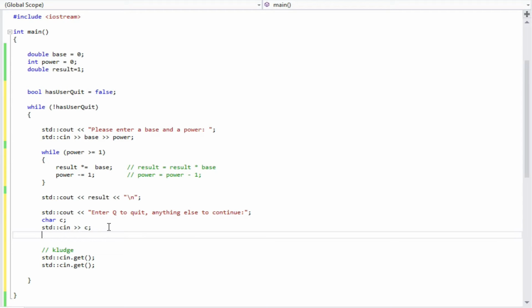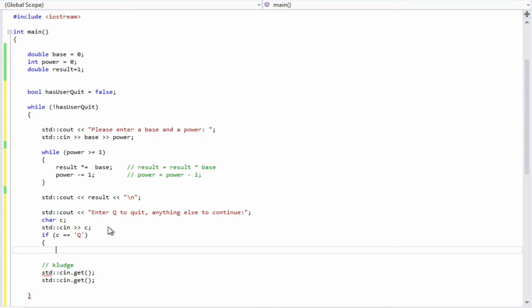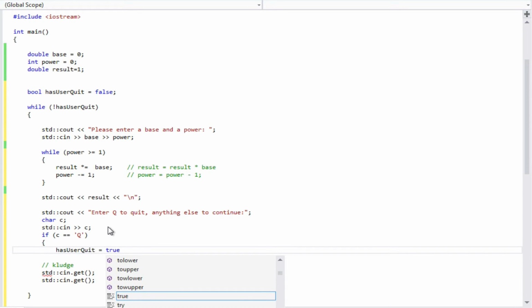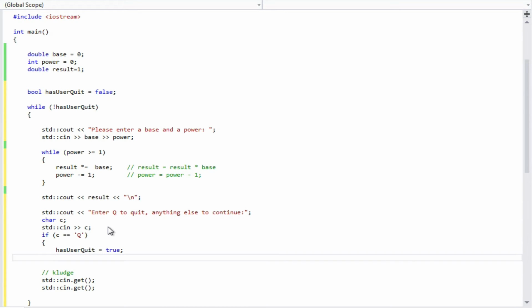I'll get the character, and then I'm going to do an if statement, which we learned yesterday. I'm going to say if C is equal to Q, so if they have selected to quit, I'm going to set has user quit to true. And that's it. Now the only thing is I want the user to be able to enter either lowercase or